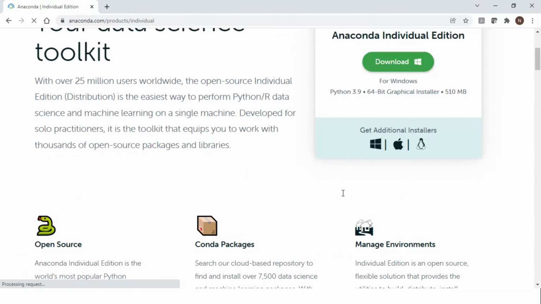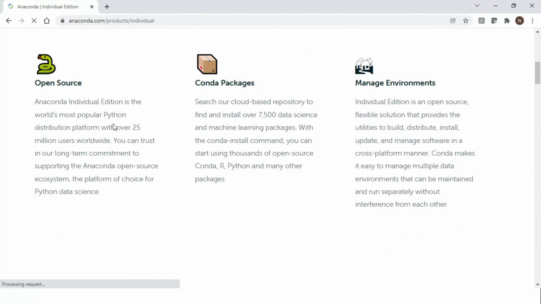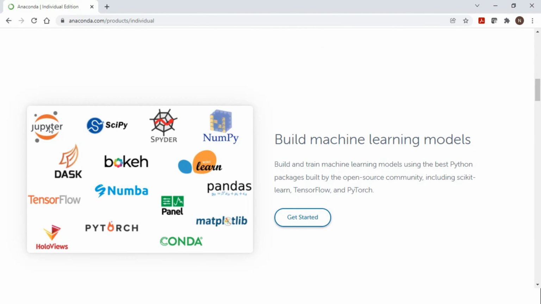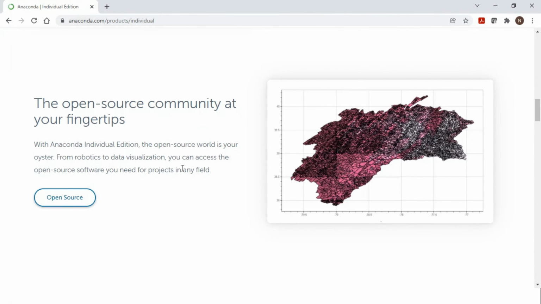So as you can see, Anaconda is open source. It includes Conda packages, which has 7,500 data science and machine learning packages, and comes pre-installed. If you can see here, these are machine learning and data science related packages. All these packages are already pre-installed in this Anaconda Conda package that we're talking about, and it has